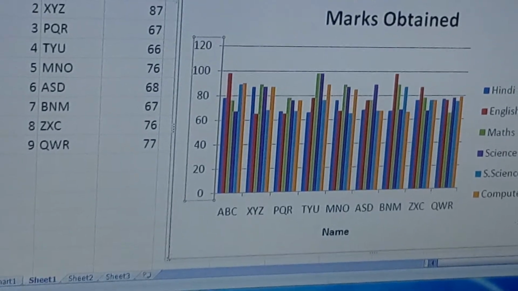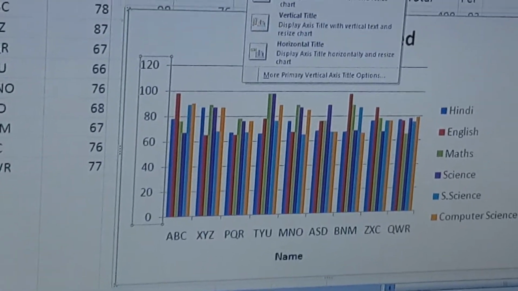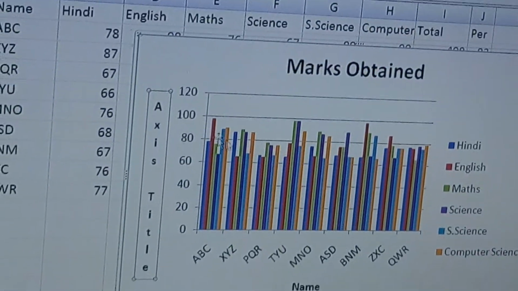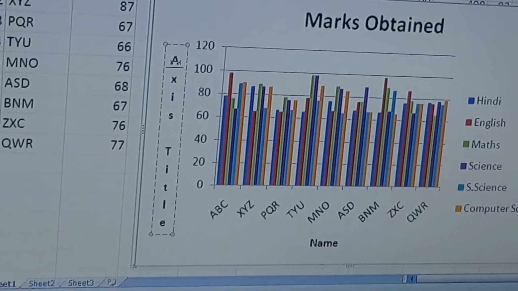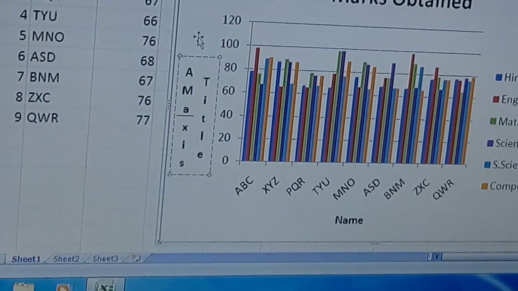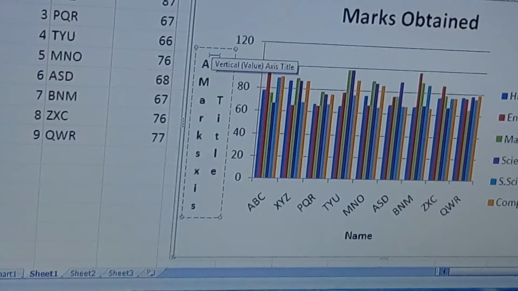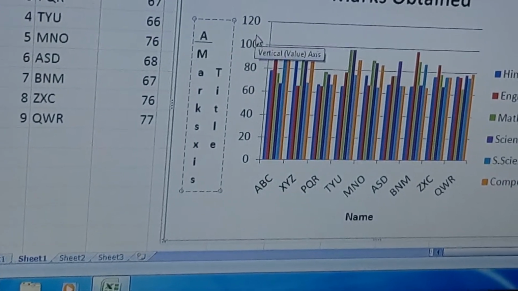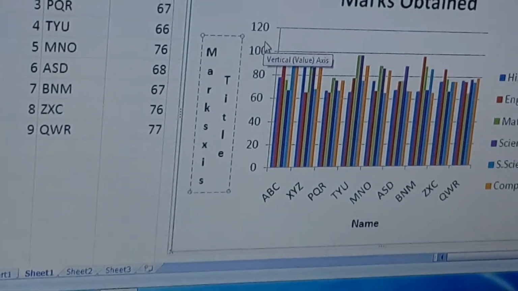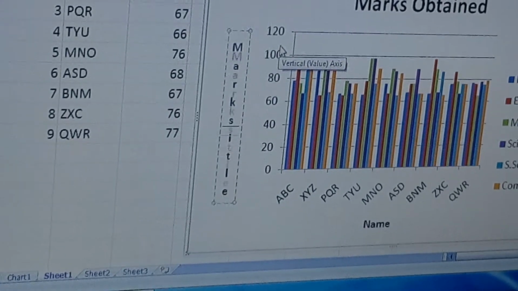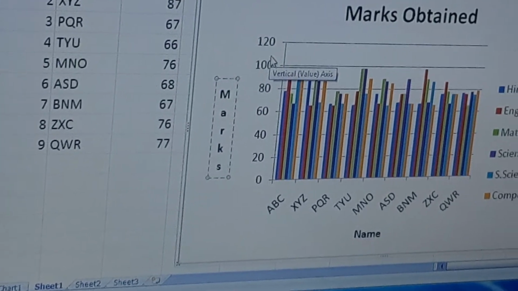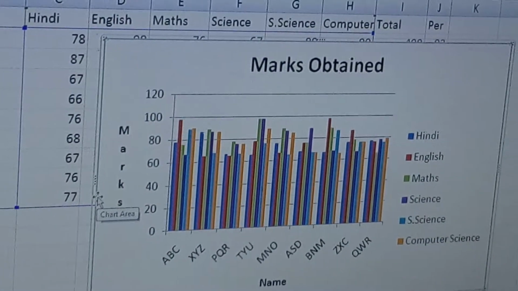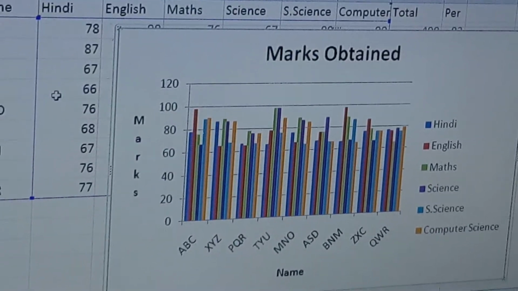And on the y-axis, vertical axis title, you can give marks. Clear?